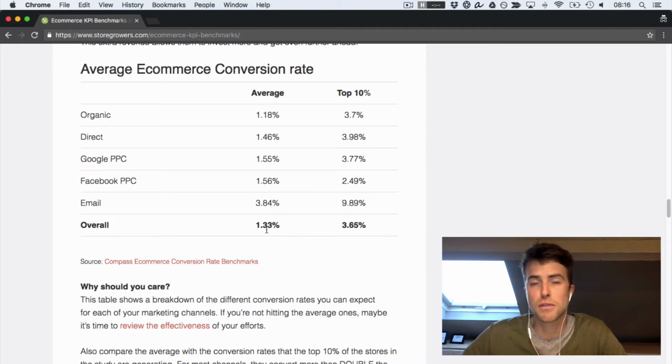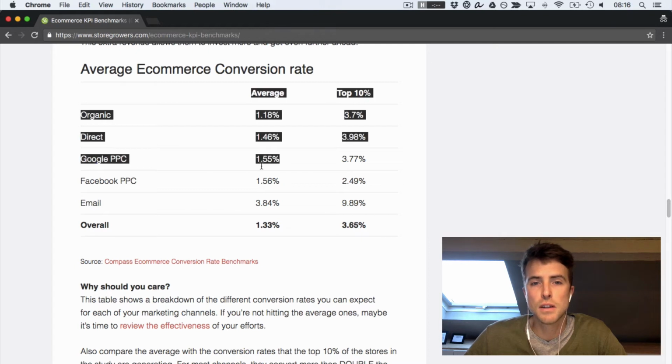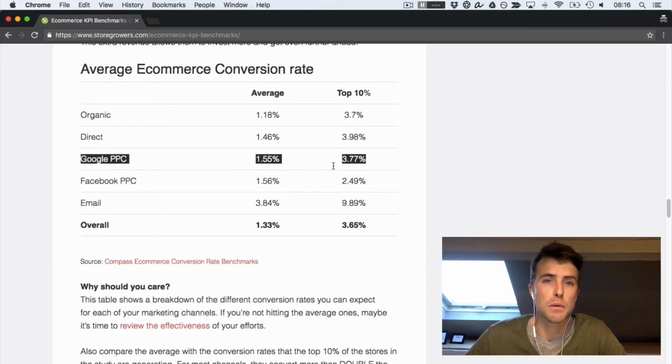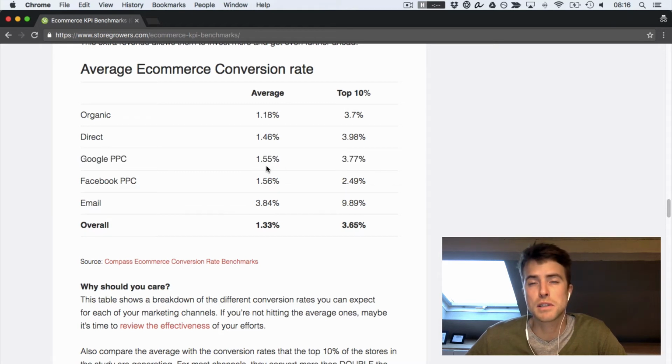For example, if you're looking at Google PPC, an average store gets about a 1.55% conversion rate, while a top 10% store has a 3.77% conversion rate. So that's almost twice as much. So if you're ever wondering in Google AdWords why competitors are paying so much for each click, well, that's the